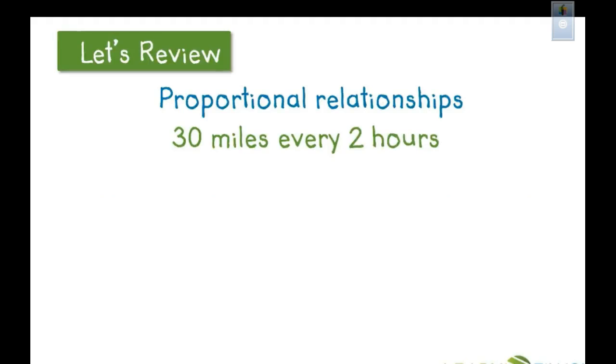Here's an example, 30 miles every 2 hours. Here's another example, 2 pounds costs $6. The key thing is that you have one type of unit matched with another type of unit, pounds to dollars, for example. And the other key thing is that you can get other examples of pairs within that relationship by